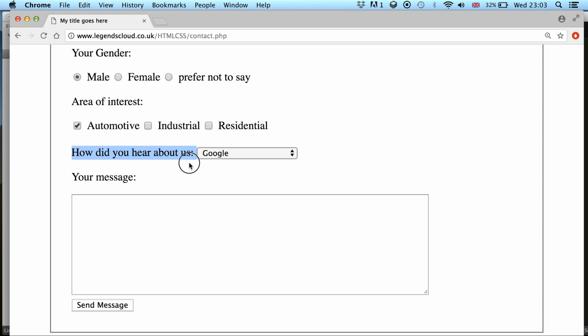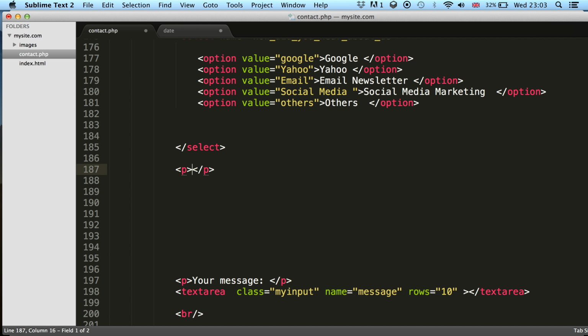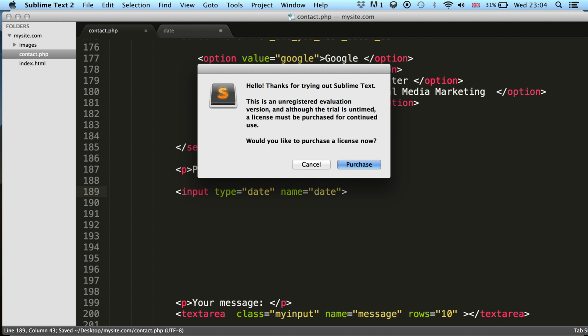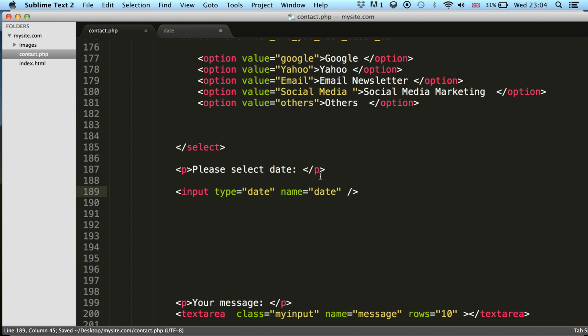Now I'm going to create, after this line of code where we have this select drop down, an option like, please select date, and in the date we can show something like an input, and this time we can say input type is equal to date, name is equal to date, and yes, if we just save that and close, we should be able to see it because HTML5